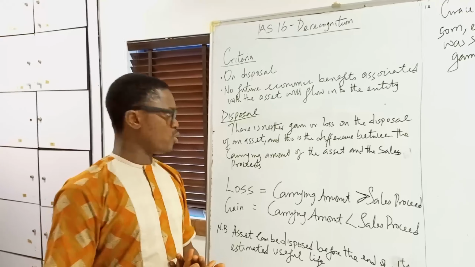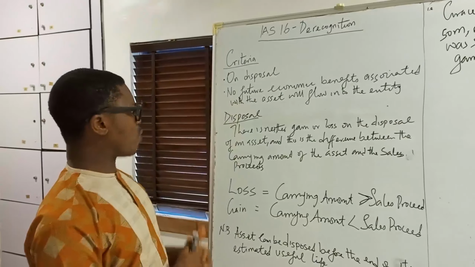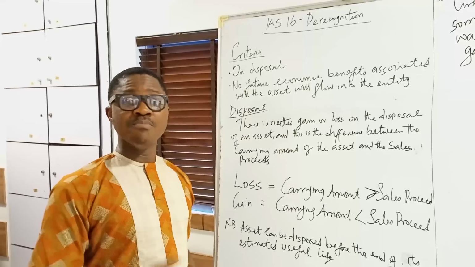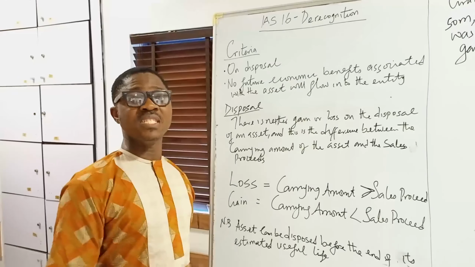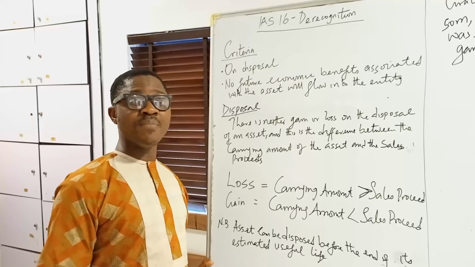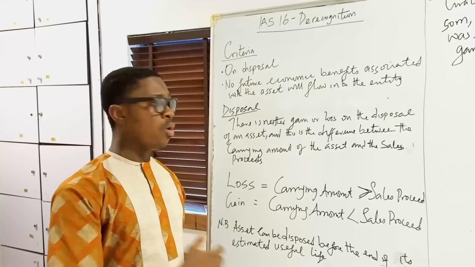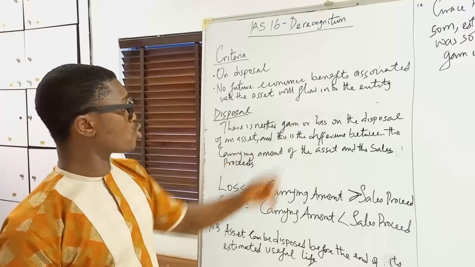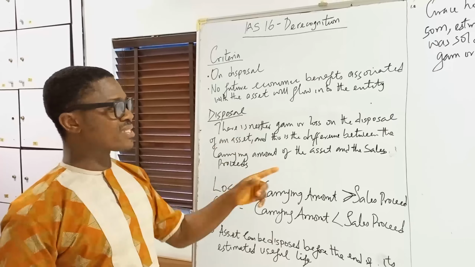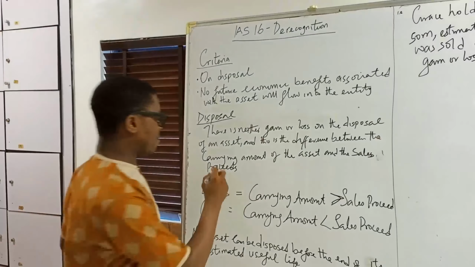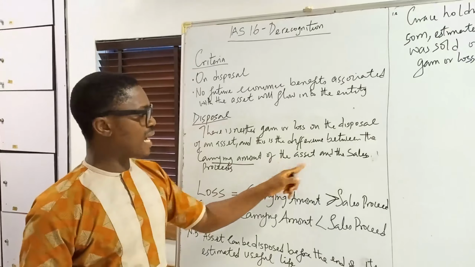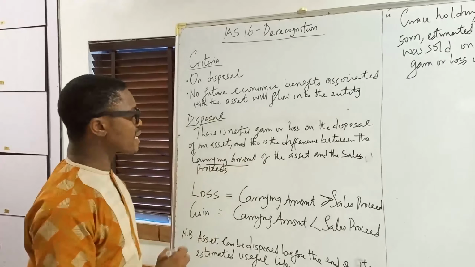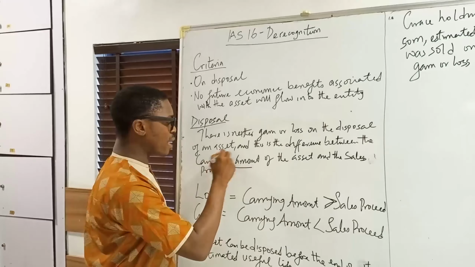Now we go to disposal. What is the basis for disposal? When an asset is disposed of, the entity makes what we call a gain or loss. What is gain or loss? The gain or loss on disposal of an asset is the difference between the carrying amount of the asset and the sales proceeds. What is the carrying amount talking about? The carrying amount is the historical cost of the asset